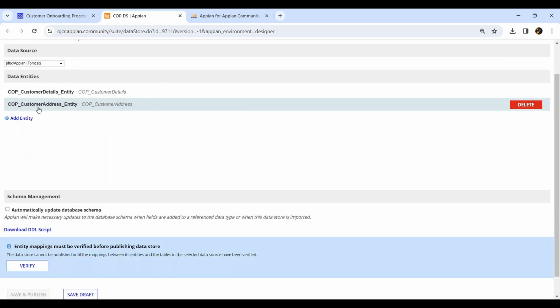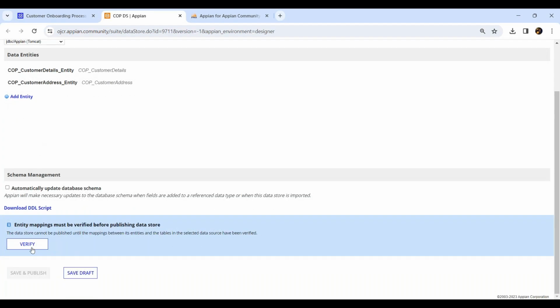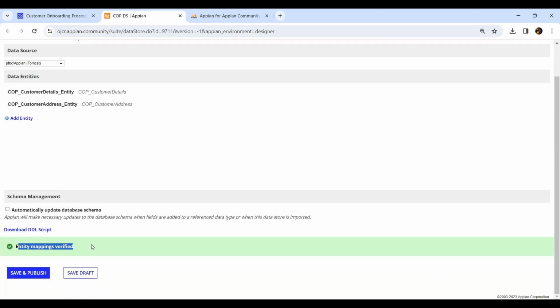I'll click on save. So now, once we add a new entity, again we need to verify it. I'll just verify. It also verified successfully. It means that the table is available in the system. I click on save and publish. Okay. Now, for example,